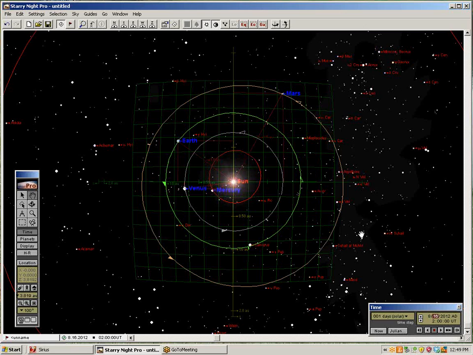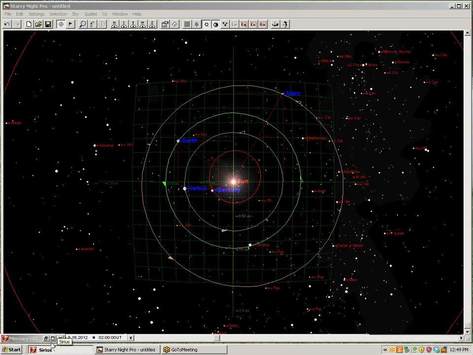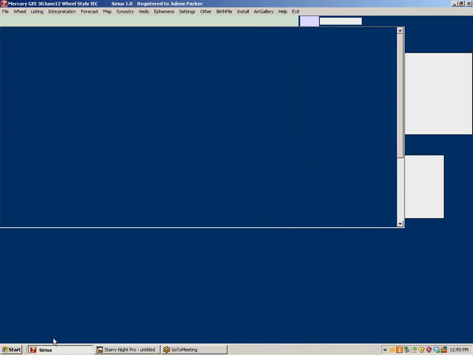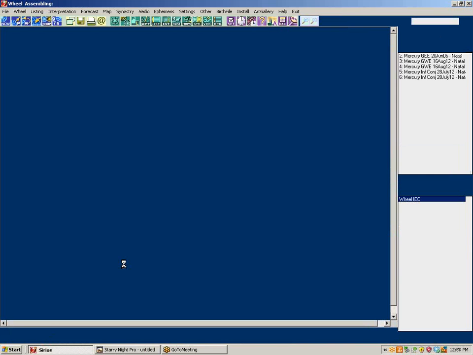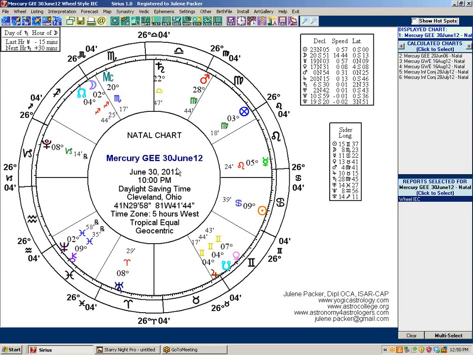Okay, so I want to give you an idea of what this looks like in the astrology charts that we're all used to seeing. So here's the chart for Mercury's Greatest Eastern Elongation, June 30th, 2012 at 10 p.m. Daylight Savings Time. I've set it for Cleveland, and I'm using Equal Houses Tropical Zodiac. So we see here that Mercury is